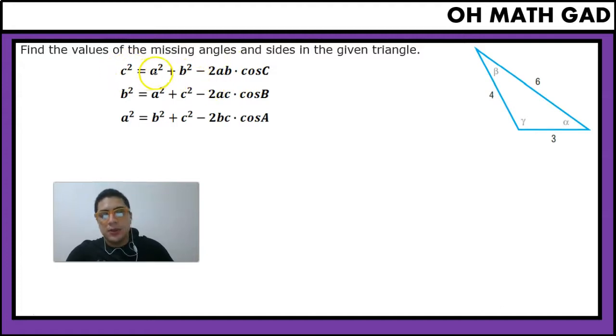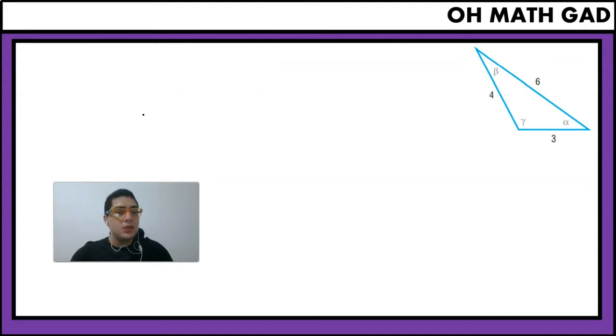So c to the power of 2 is equal to a to the power of 2 plus b to the power of 2 minus the product of 2 times ab times the cosine of C. Now you have to remember that C is the angle that opposes side c. B is going to be the angle that opposes side b. And A is going to be the angle that opposes side a, right? So in this case,